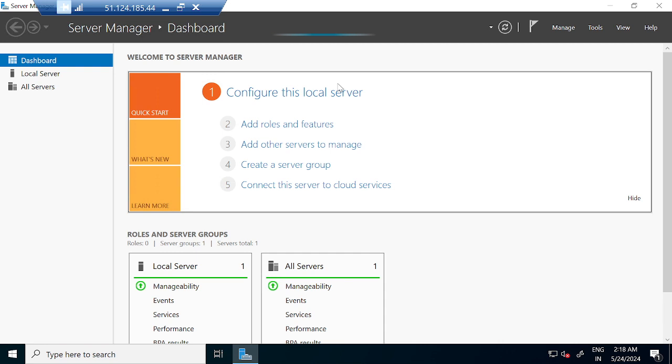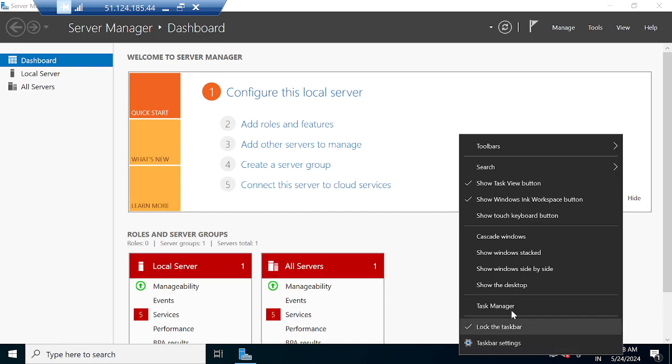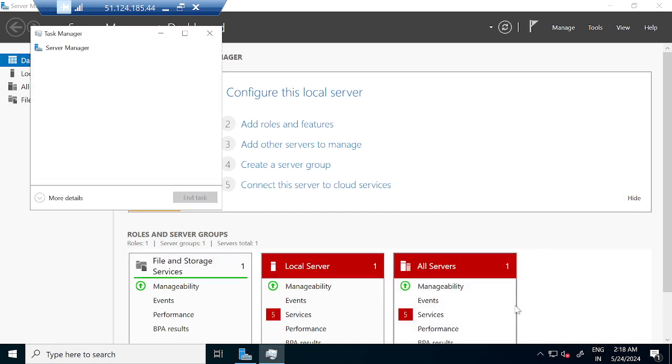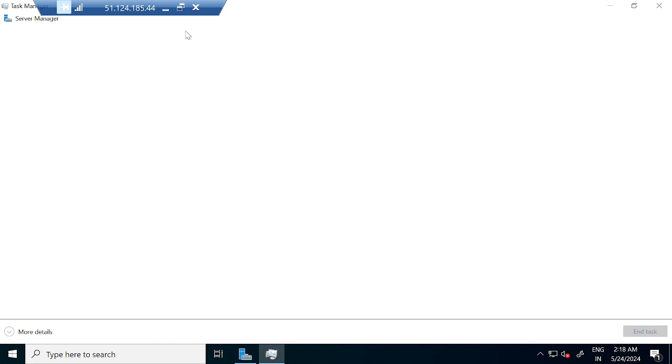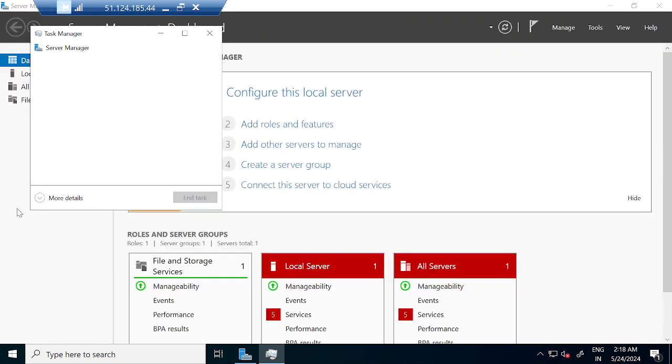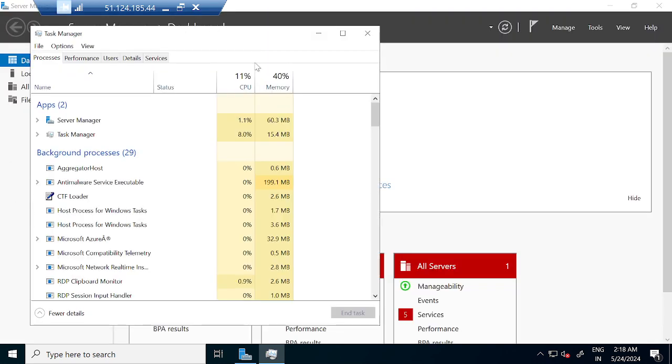Okay, so now you see I have logged into this computer. Here you have the task manager, right? Go to the taskbar and click on the task manager. It is a standard operation, guys. Every engineer does this. Click on more details, and you see here you have the processor, you have